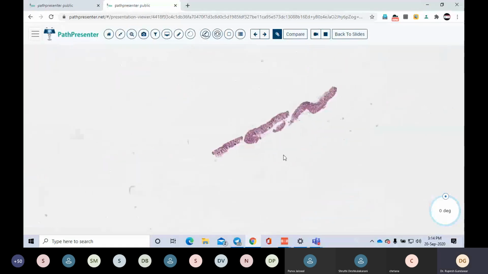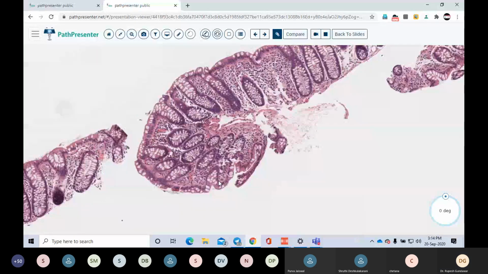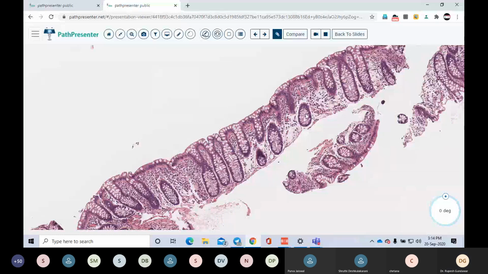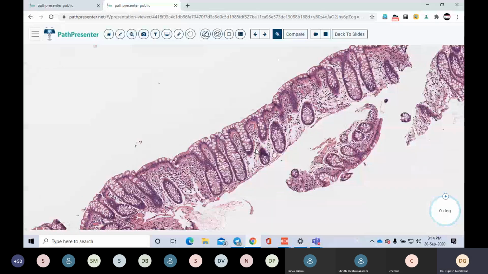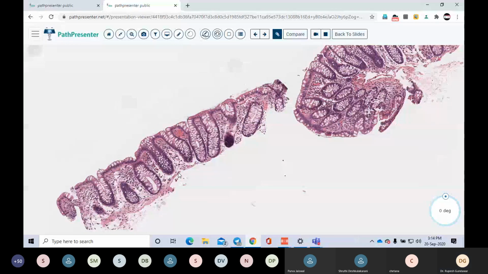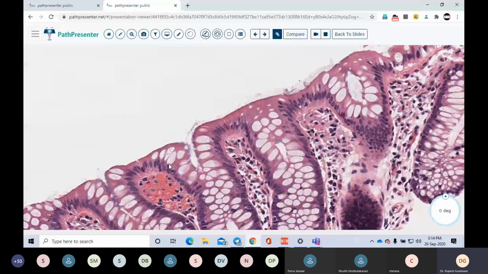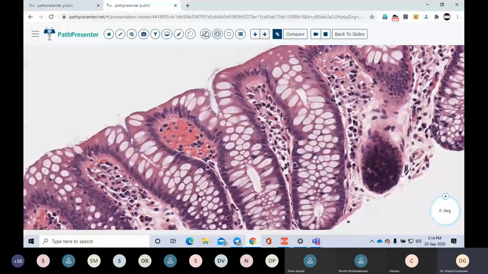So this is again, I think, a colonic biopsy. Looks normal. No as such crypt architectural distortion. The crypts are touching the muscularis, so no shortfall. But even if it is normal, you again have to look more carefully. Now you see here, this is the brush border epithelium. This is actually basophilic, and normally the eosinophilic tinge is expected and not the basophilic. You can see the patches of basophilic brush border.